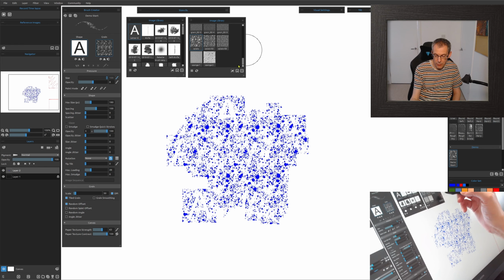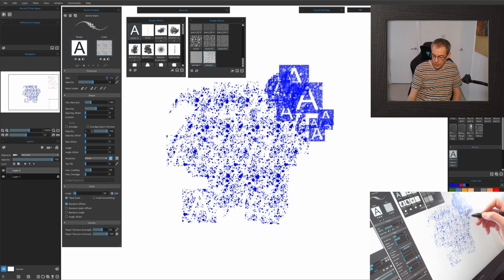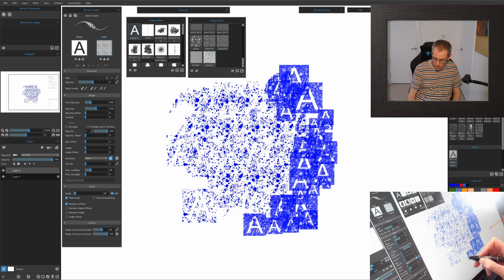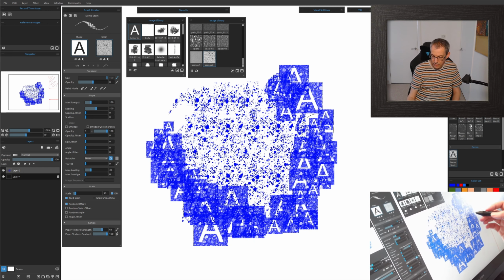When the textures are quite dark, you'll see they have a big impact. They're subtracting a lot of ink, whereas if you take something that's brighter but not quite white, you'll see that it is subtracting some ink but not as much. So you're getting the randomness of the grain interacting, but still fundamentally getting most of the shape coming through,